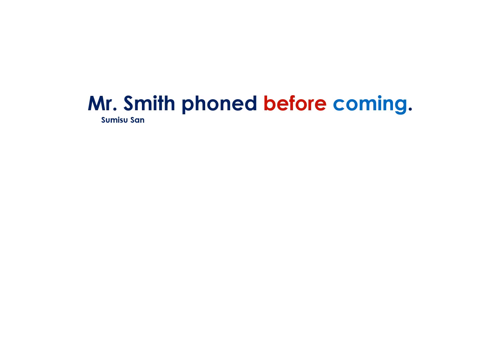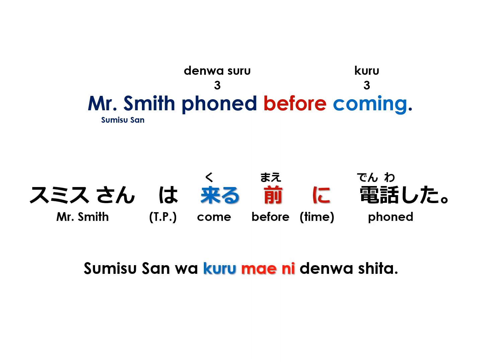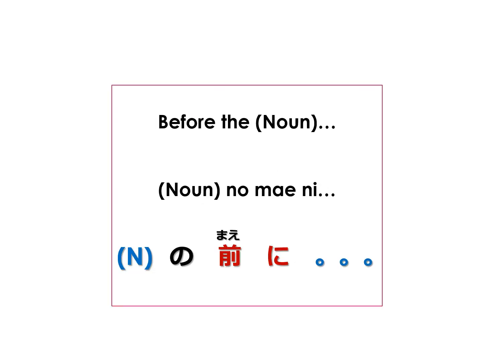Smith phoned before coming. To phone is 電話する, and to come is 来る. In Japanese, using plain form, スミスさんは来る前に電話した。